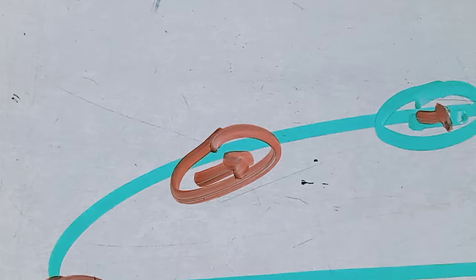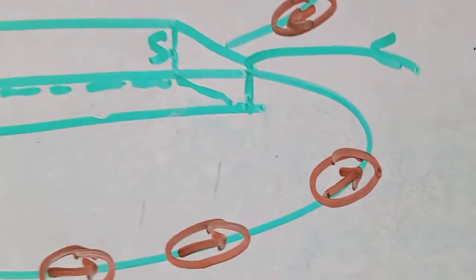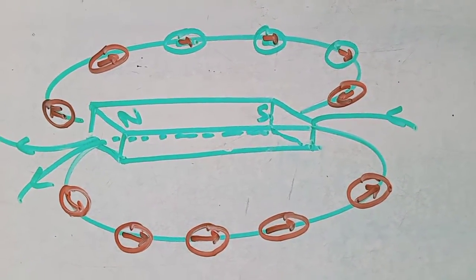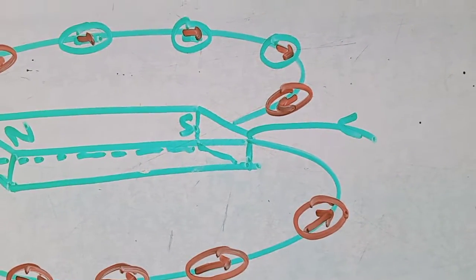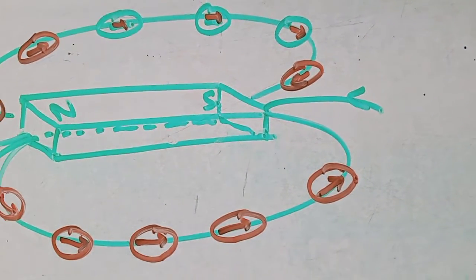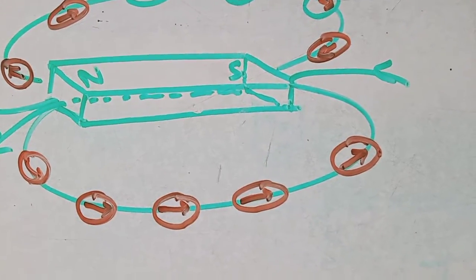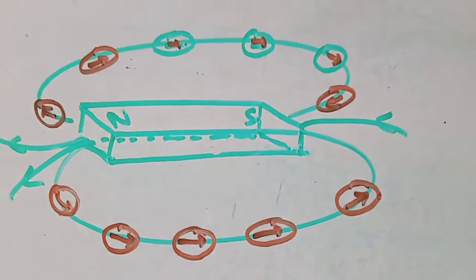The needle rests in this direction here, in this direction here, in this direction here. So if we place the needle at some other point, it rests in some other direction. That means the magnetic needle near the bar magnet experiences a torque, which brings about the turning effect of the needle to different alignments in different directions.